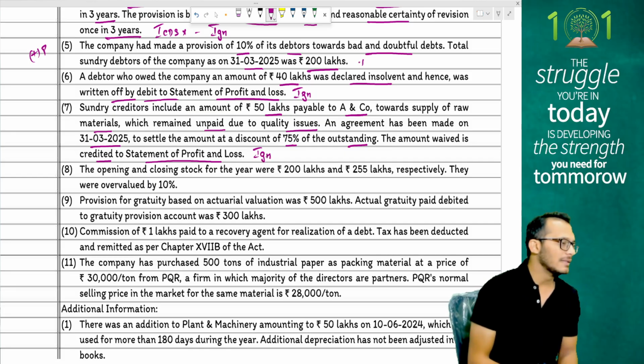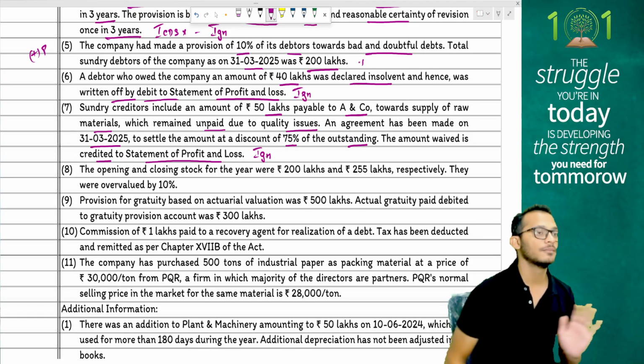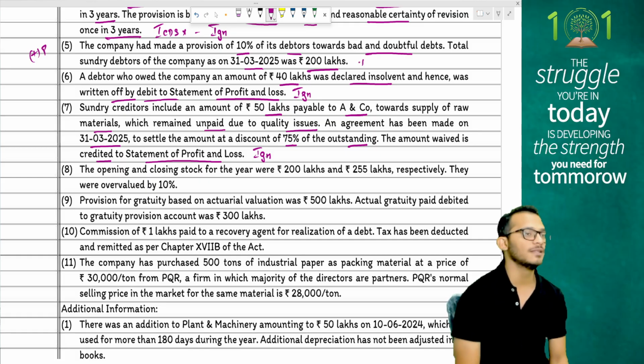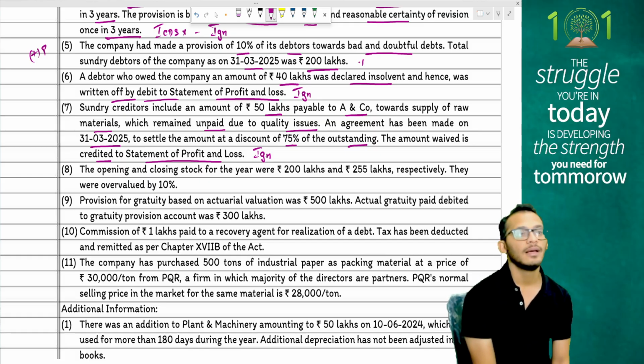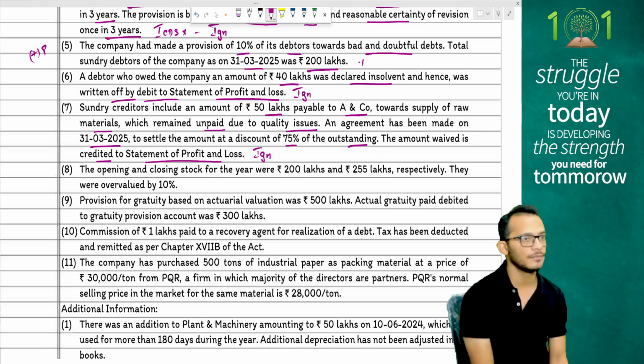Yes or no? Yes. This is one of the favorite things of ICAI people. Adjustments will be given. Most of the adjustments are to be ignored. The only problem is ignoring does not mean ignoring. Ignoring means writing notes to this. Everything needs a note. For ignoring itself, you need to write a note so that you get marks for it.